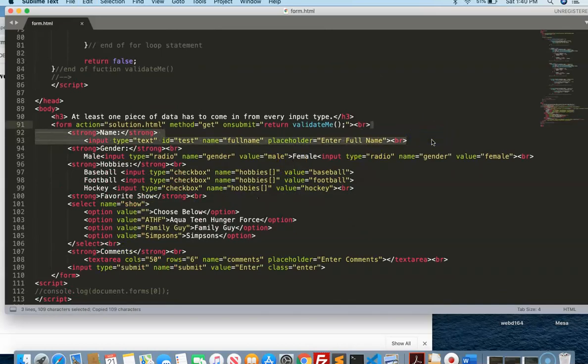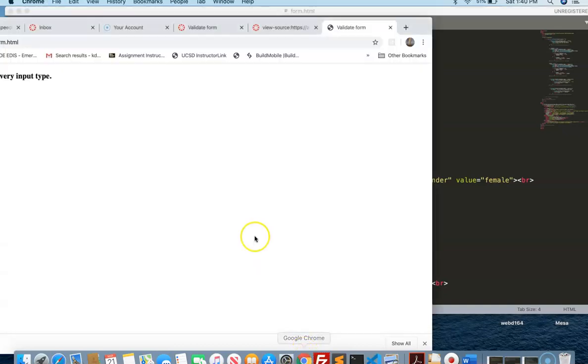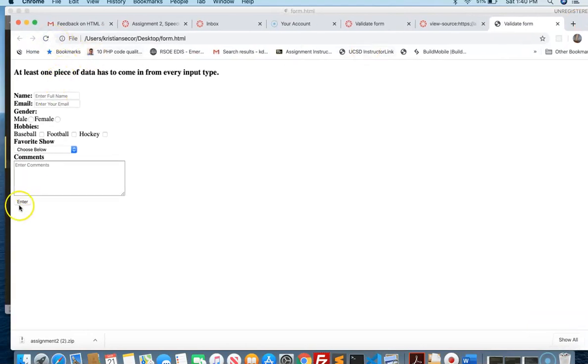Let's say I were to add a field here, okay? And I were to say, add your email. Okay, so I have email. And I can do name equals email, something like that. Email here. And a placeholder called enter your email. Okay, now we're going to kill off this ID. So pretend I'm the HTML guy and I just wanted to add an email field. So you're sitting in your office, this change happens in the HTML, and you're thinking maybe I have to change my code. But watch this, if I do enter,